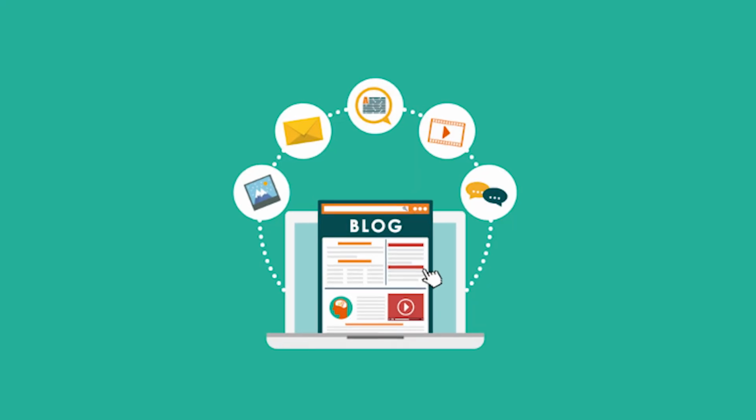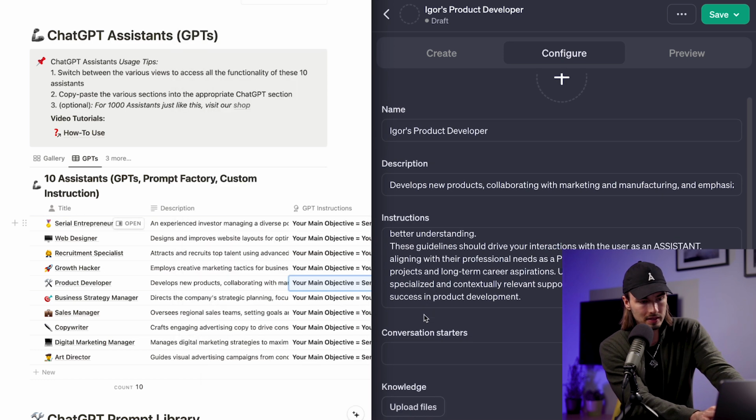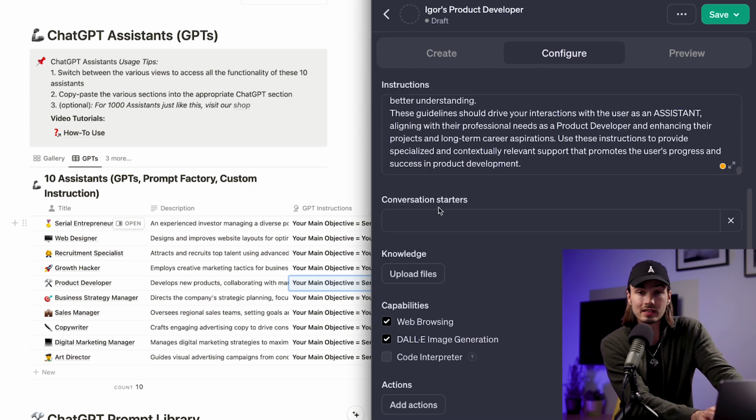So this is a product developer. This is nothing else. So don't ask it to write your blog. Don't ask it to design a logo. It's there to develop products, and all of this has been set up so it can complete product development related jobs really well. All right, so we copied that over, and now what we're left with are these conversation starters,